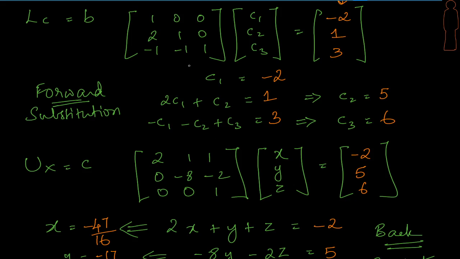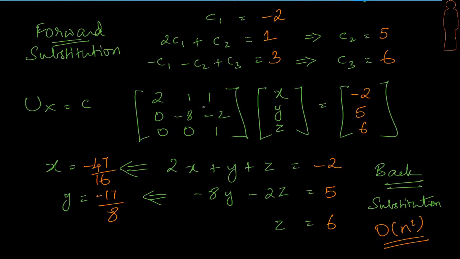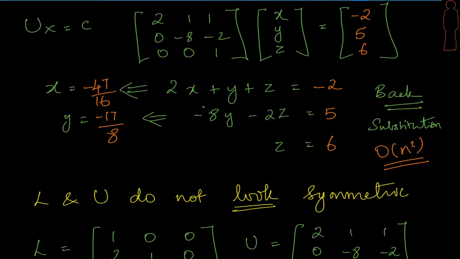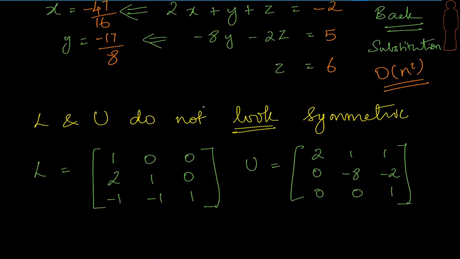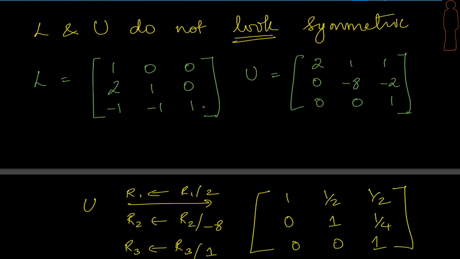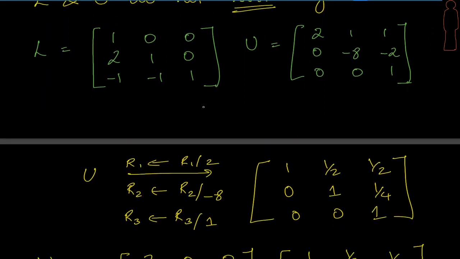If you want to make them look a little symmetric, we could also do that, and here is one small trick which can help us do this. Here is an example, the same example as above, with L and U. Let's look at this U matrix and see if we can make the diagonals ones. How do we do that? I could divide the first row by 2, divide the second row by minus 8, divide the third row by 1. Actually, nothing is required for the third row. But the idea should be clear now that we are trying to make the diagonal elements into 1, right? So here are the operations that I have written.